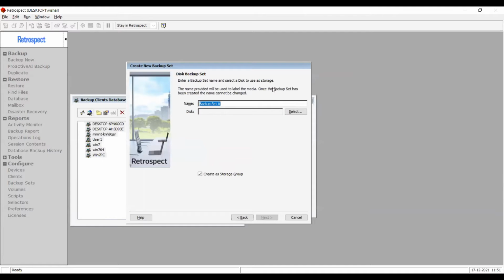And I can mention the name, like my backup. And I want to create it as a traditional backup set. I don't want to use the feature called storage group, which we will look at later. So I specify the name for the backup set.